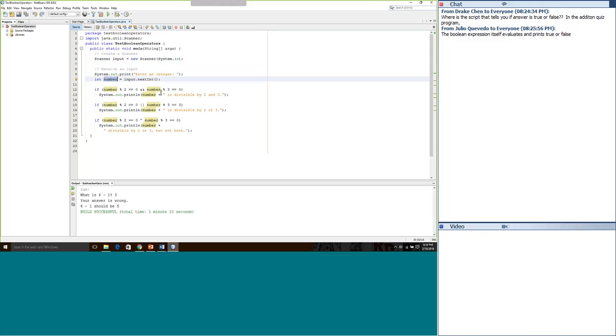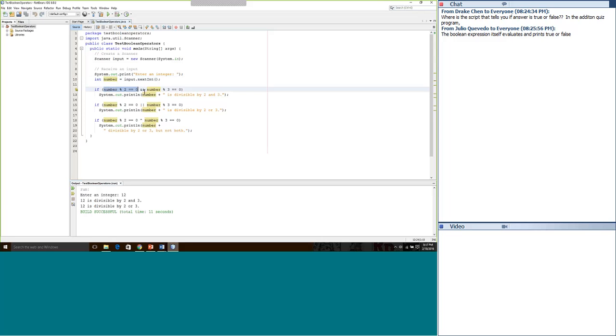So we've got some combinations going on here with these Boolean operations. It's probably good to use some example data to follow it easier. I'll enter an integer. How about 12? Okay, I put 12. 12 is divisible by 2 and 3. 12 is divisible by 2 or 3. I entered 12, so 12 modulus 2 equivalent to 0. That's true.